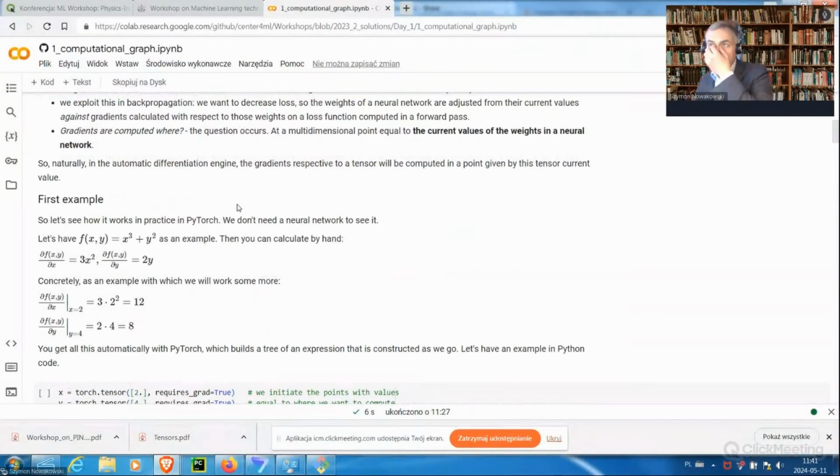And now the question that occurs is at what point the gradients are computed. And the answer is that the gradients must be computed at a multi-dimensional point equal to the current values of the weights in a neural network, because these are the current values of weights, and we want to know if changing the weights from here where they are now increases or decreases the prediction. Okay, so naturally, because the automatic differentiation engine is naturally used for machine learning purposes, the gradients are always computed at a point given by the tensor's current values. Okay,